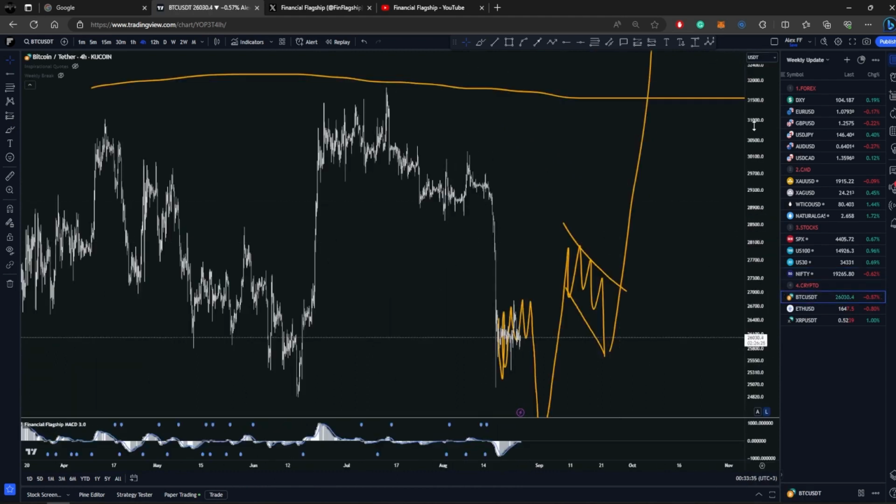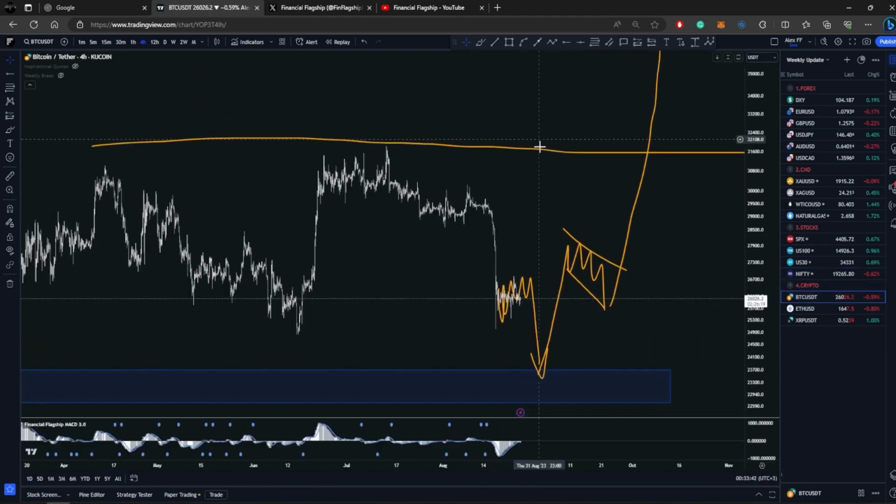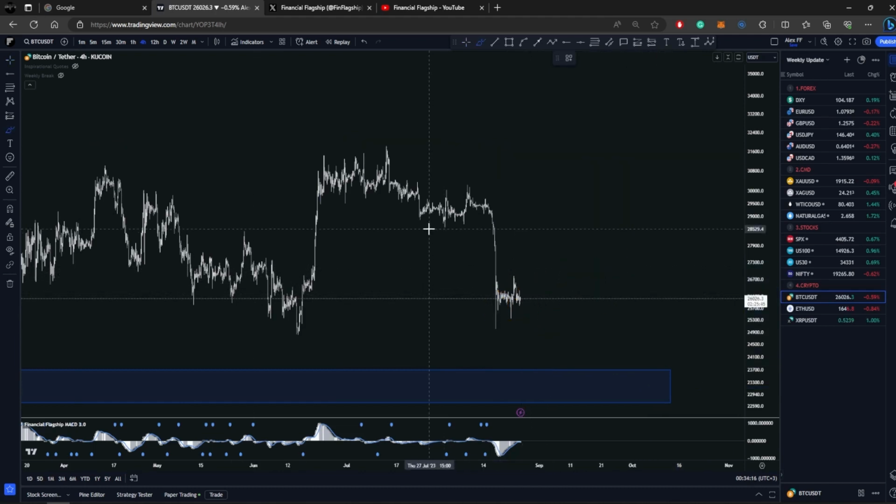Moving on to the crypto market, for Bitcoin, we are in the same place that we were last week. We were expecting this consolidation here to unfold and then another drop towards this level here. The 24,000 level is the next area to watch for me. And other than that, I won't be focusing on any buy setups for now, even though the price might go up towards these levels here, towards this area.